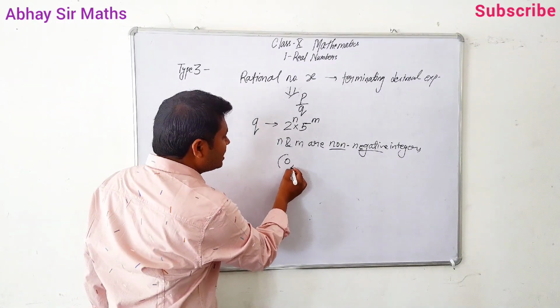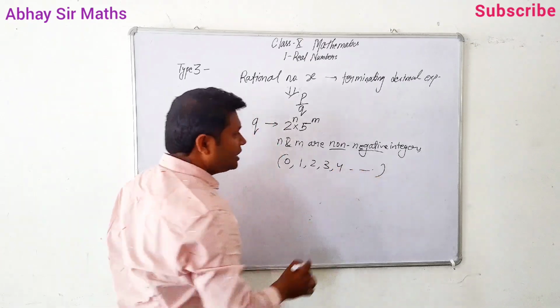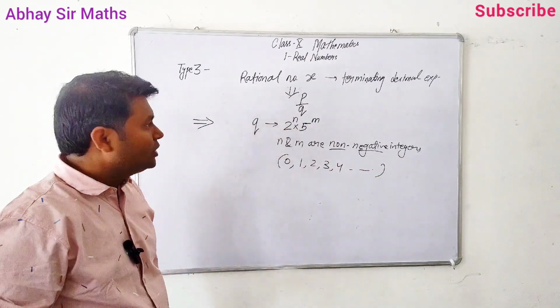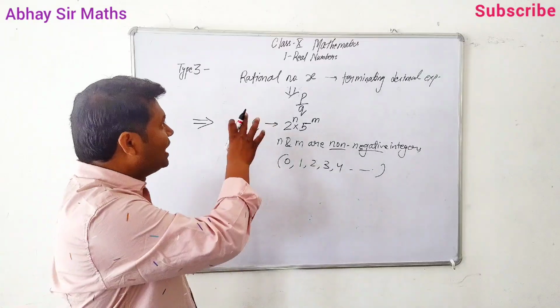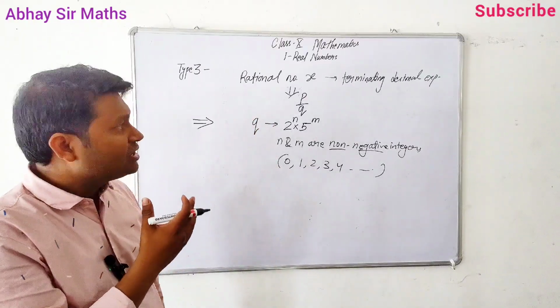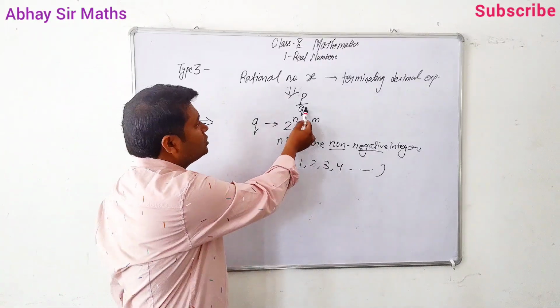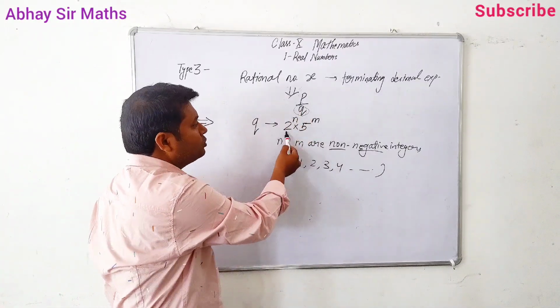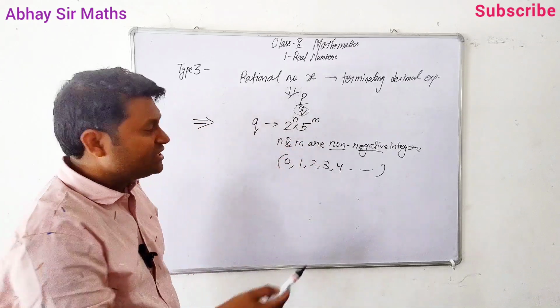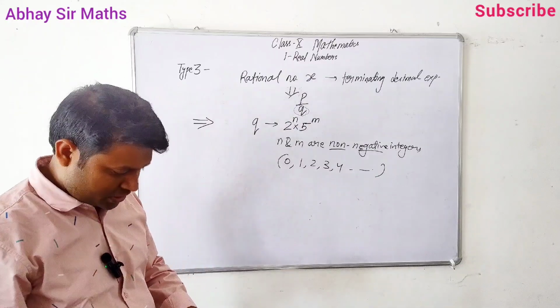जीरो भी आ जाएगा, 1 2 3 4, ऑल दीज वैल्यूज। ओके, सो स्टूडेंट्स, ऐसा कोई रैशनल नंबर x जिसका टर्मिनेटिंग डेसिमल एक्सपेंशन है, तो उसमें यूनिक चीज क्या होगी कि उसका जो डिनोमिनेटर है q, उसका प्राइम फैक्टराइजेशन इस तरह से होगा जहां पे n और m क्या है, नॉन नेगेटिव इंटीजर्स हैं। ऑलराइट,